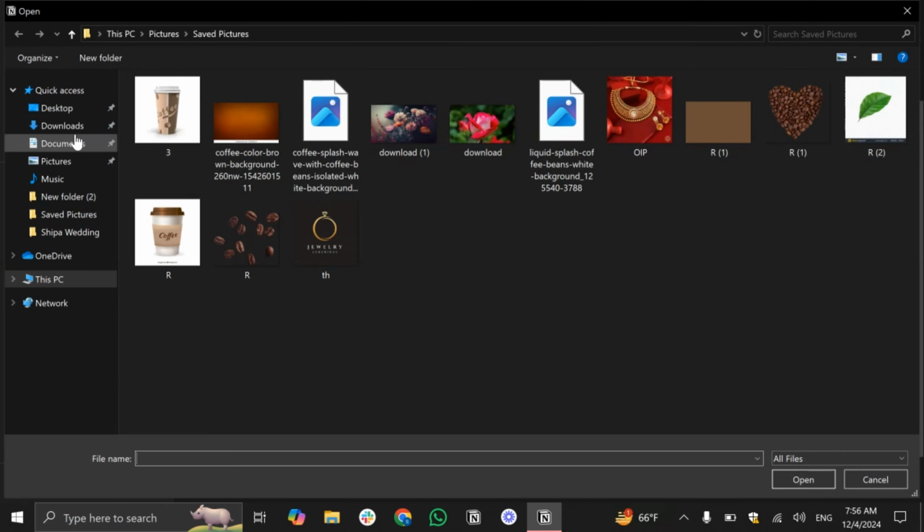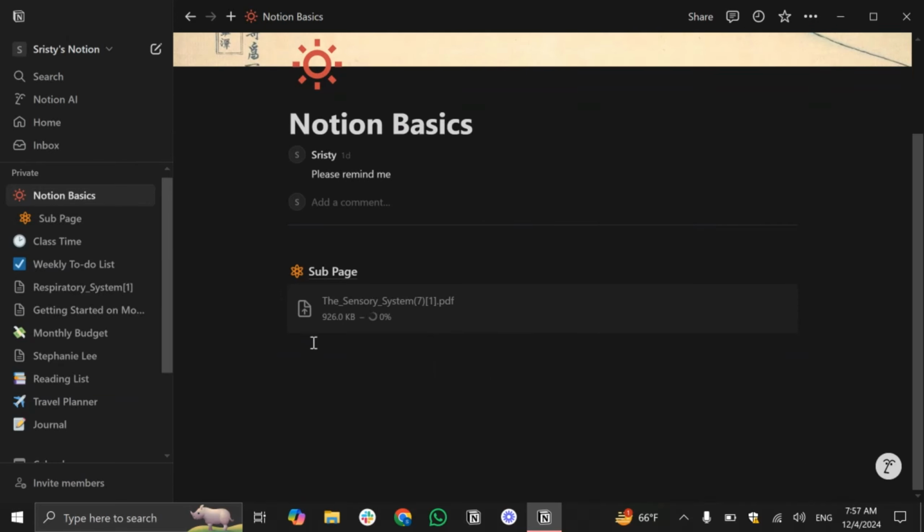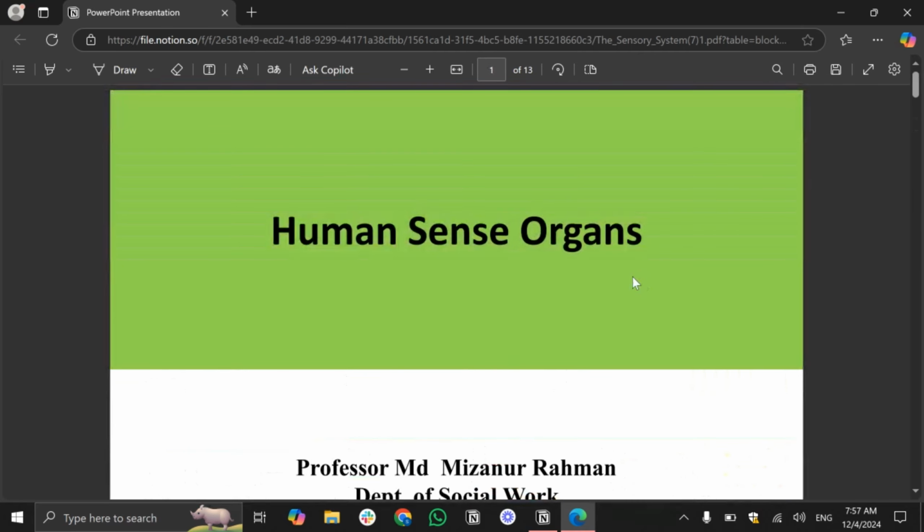and select the file manager where you have downloaded your PDF file, and here you can see this PDF version. Simply tap on this option and tap on open. So here you can see this PDF file is added on Notion app, and if you want to see this, simply tap on here. So here you can see this PDF file,